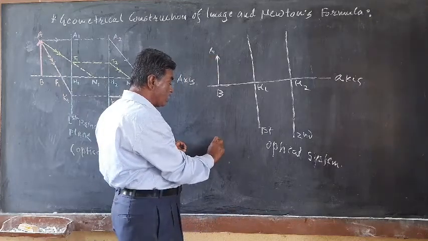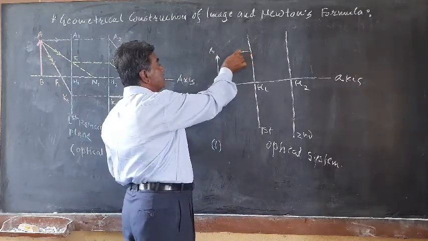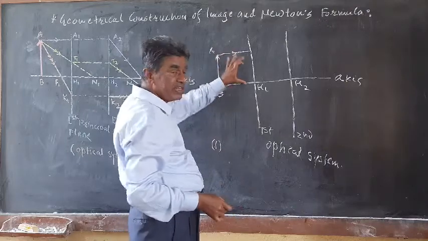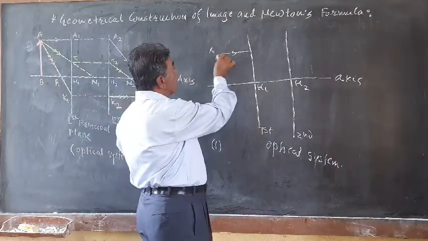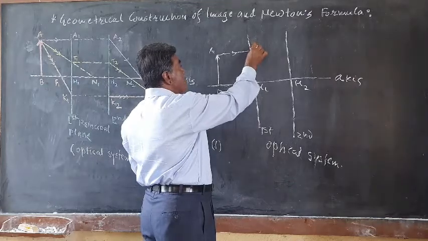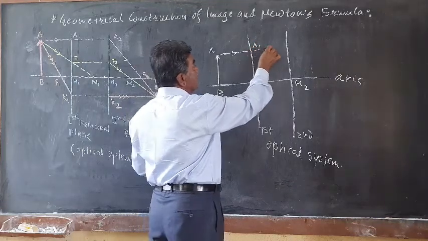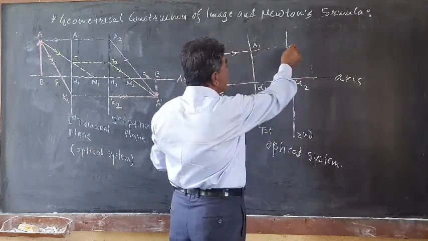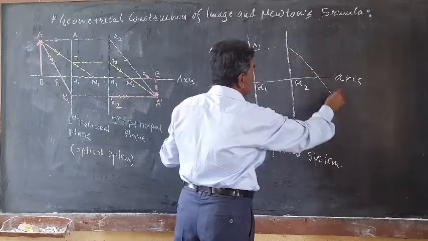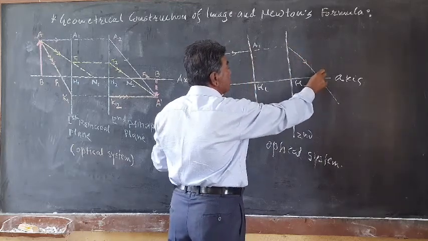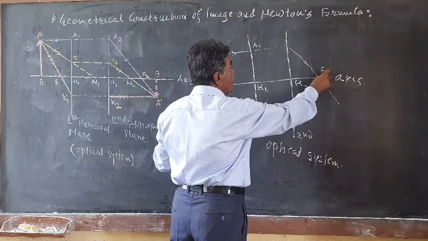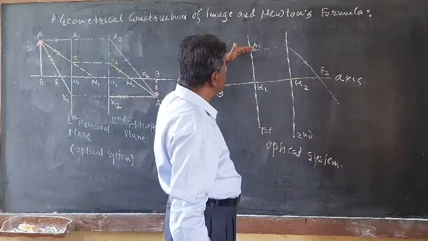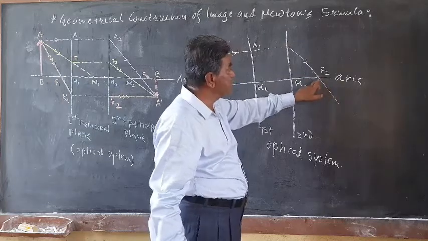First of all, draw the ray parallel to the axis here. This is related to the second focal point. So draw the ray AA1 parallel to the axis. After refraction, it emerges from the same height on this side and passes through this point, which is known as the second focal point, that is F2 according to the definition. F2 is a point on the axis such that any ray parallel to the axis, after refraction, passes through the second focal point.